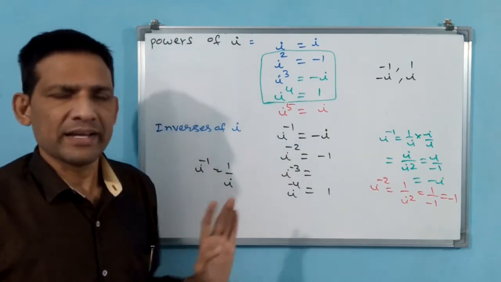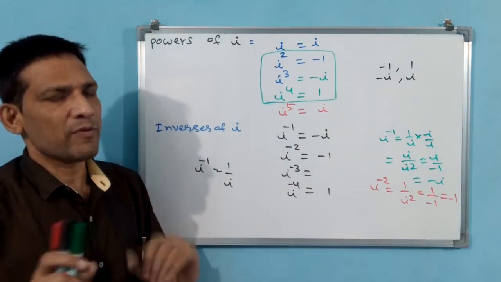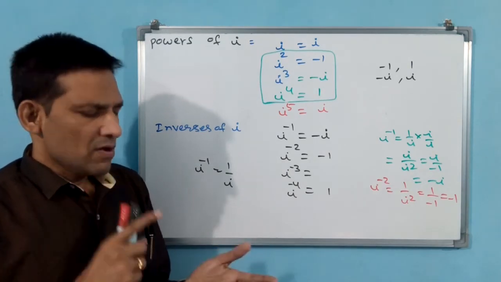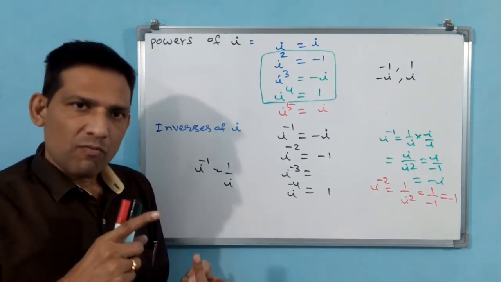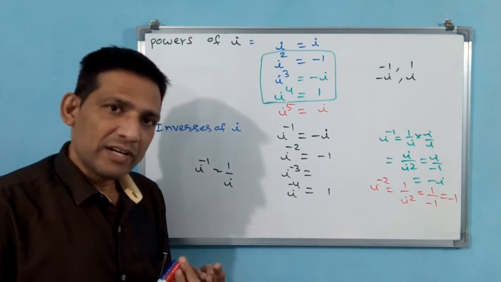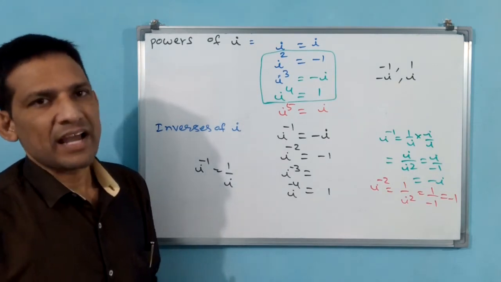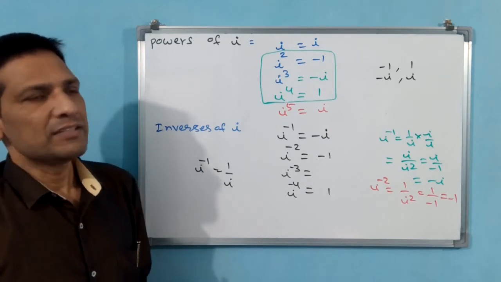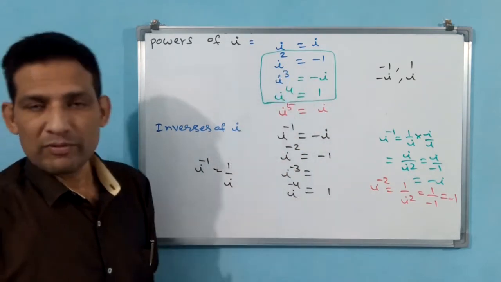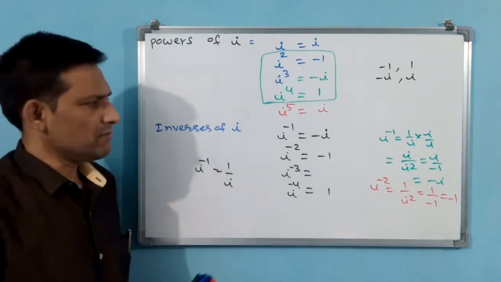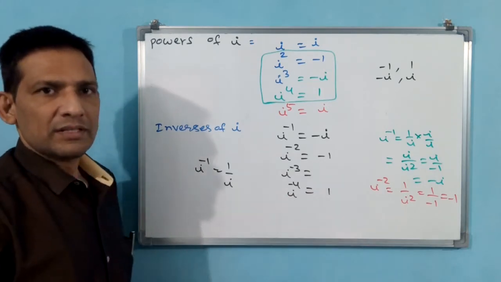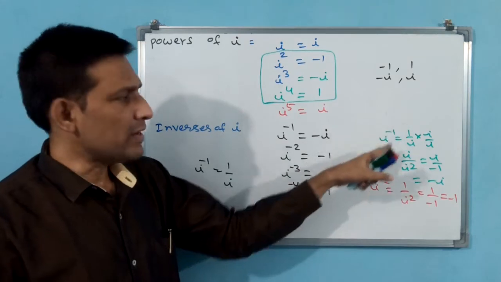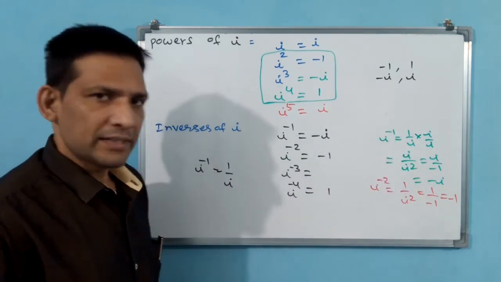i is equal to i, i square is equal to minus 1, i to the power of 4 is equal to 1. In between, i cube: i has come, 1 has come, minus 1 has come. What is missing? Minus i. So i cube must be minus i. If you keep these four results in mind, then you can do anything, even inverses also. Because i to the power of minus 1 means 1 by i, into 1 by i, into i. Like that you have to make it.